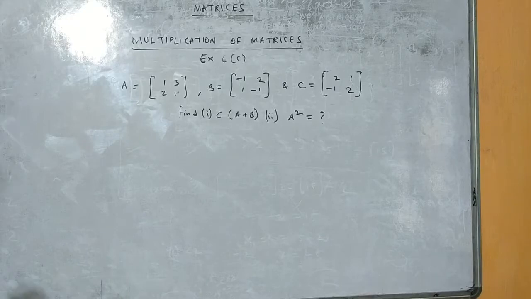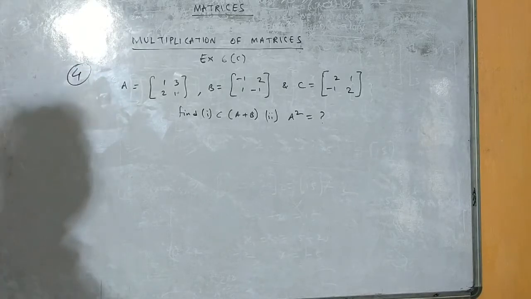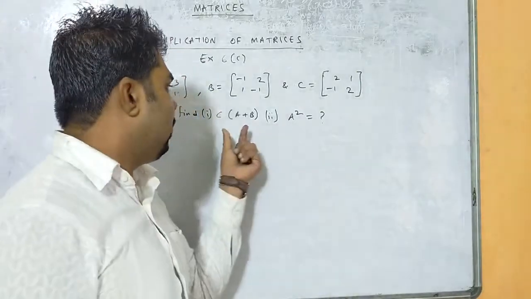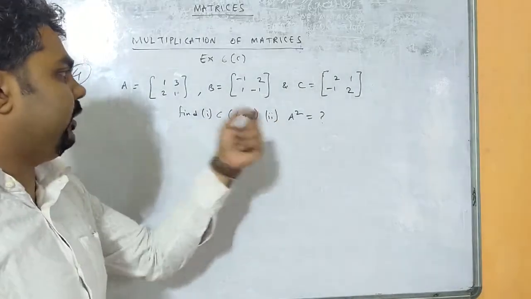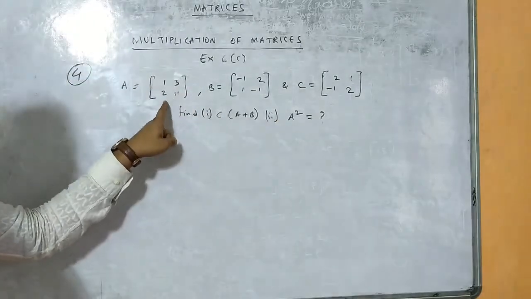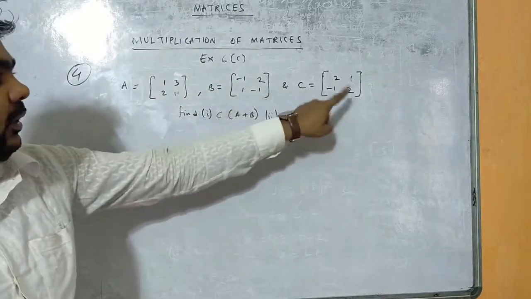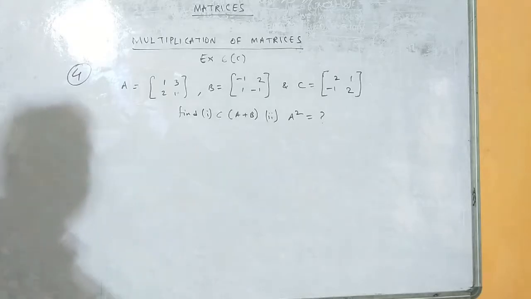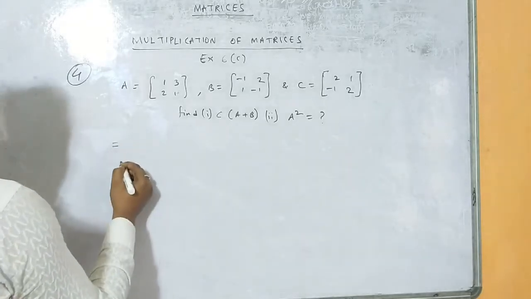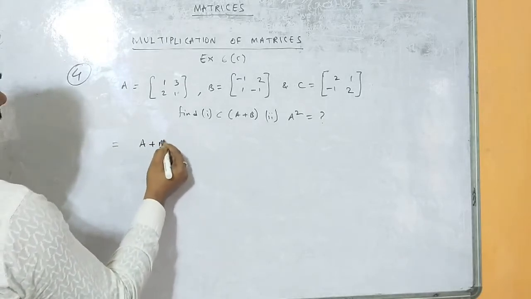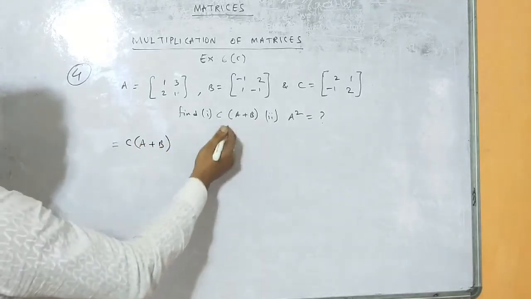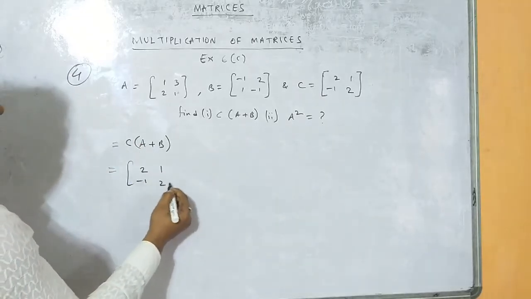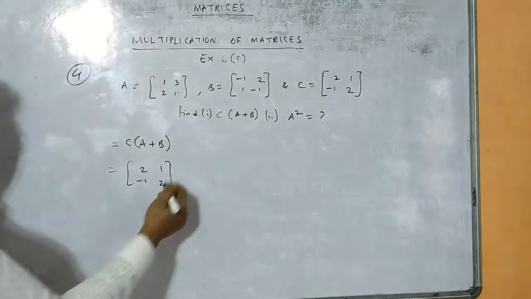So next question, we have question number 4. There are many questions, like we need to find here, find product AB, find product CA or AC. Out of those questions I have taken 2 questions here. Suppose we have 3 matrices, 2 cross 2 matrices A, B and C given in the question. Now we need to find here C(A plus B), right? So first we will be adding A plus B matrices. A plus B multiplied by C, this one we have to find, okay? So matrix C is 1, 2, minus 1, 2. So matrix C is given.